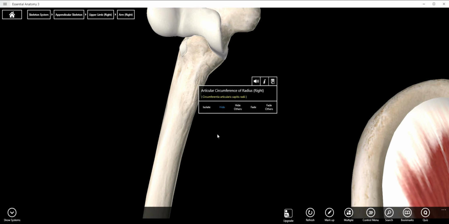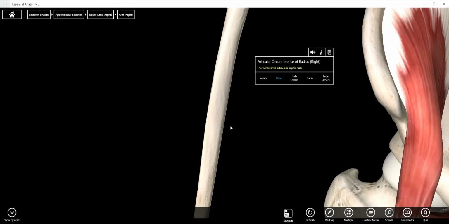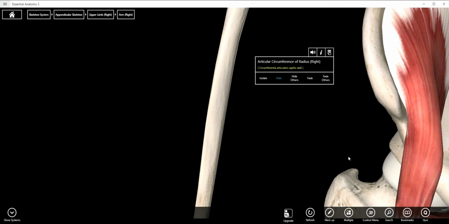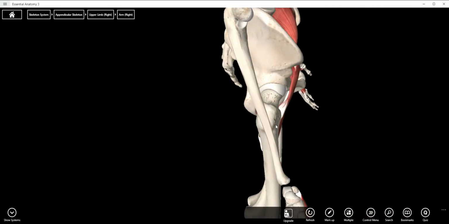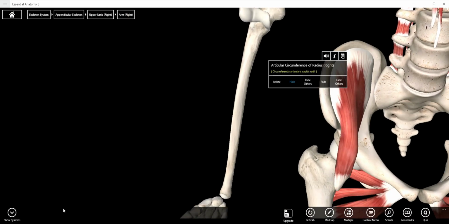All right, let's move on to the shaft. So if you remember the shaft of the humerus, what we're doing is we're talking about the angles and borders if we were to look at a cross section here. And so because the ulna is the medial bone, oh, you know what would be nice? I'm going to add in